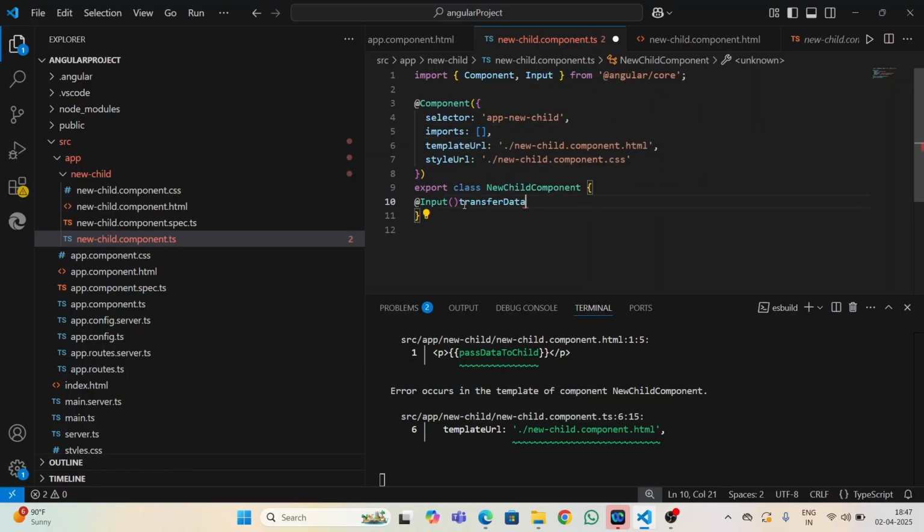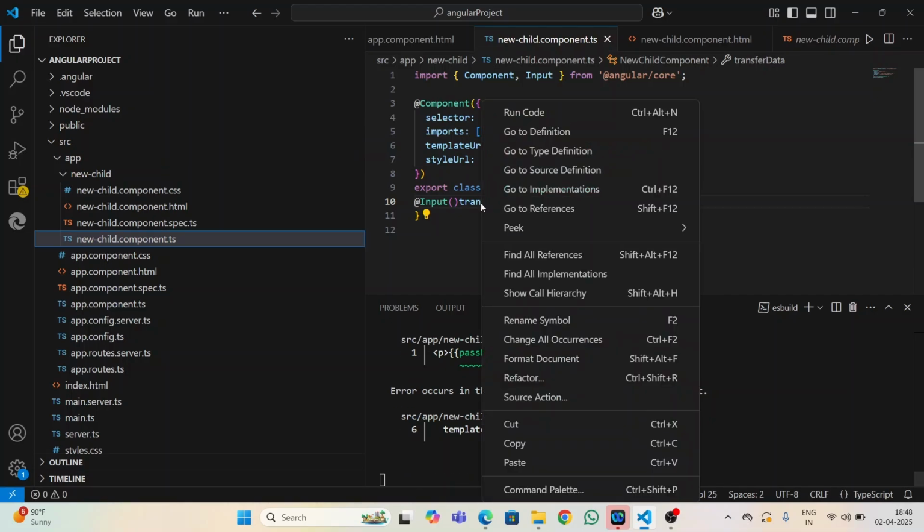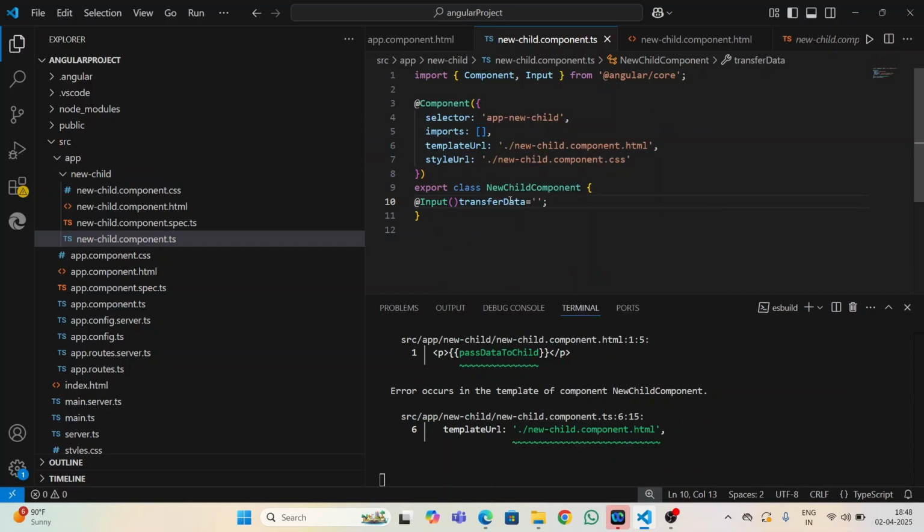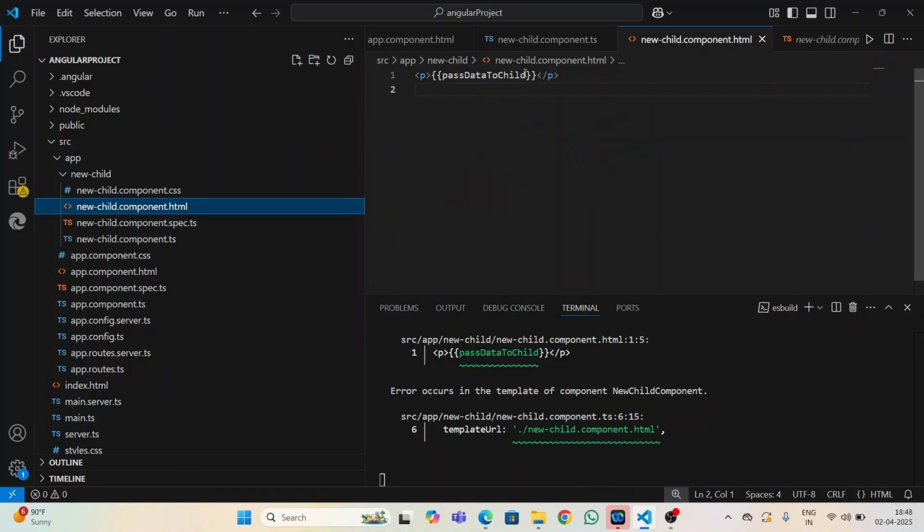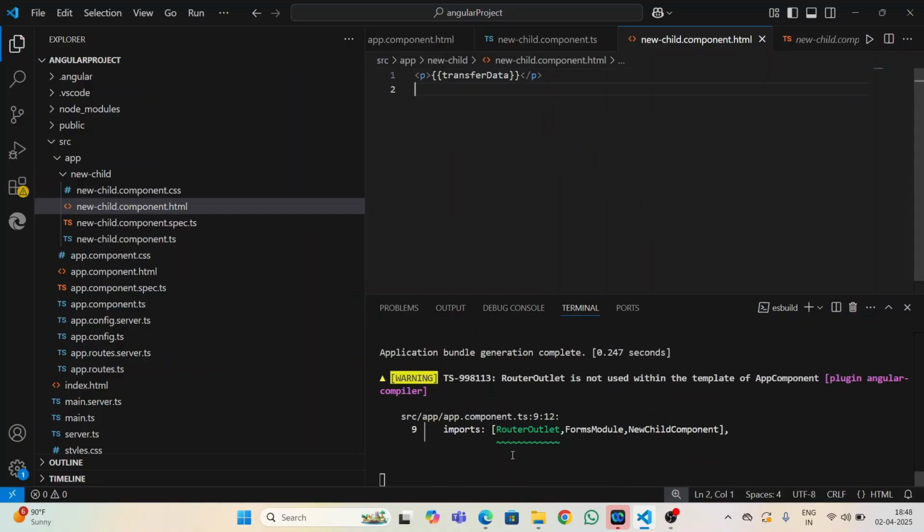Then that name, transferData colon, this is string, right? So string I will pass. So we want to print this transfer data, right? By using string interpolation I can print. See, then